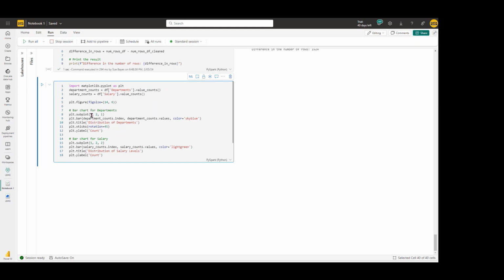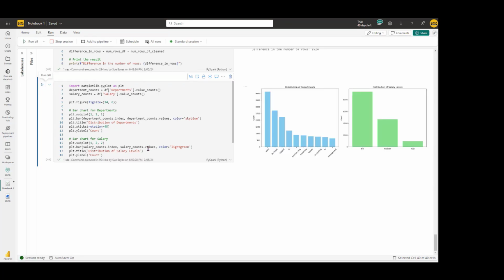So it's one row, two columns, first part of the first column. So it's creating a bar chart. It's telling me I'm putting the color in. I've got the title. Because the departments don't fit, I want a rotation. And here for the salary, one row, two columns, second place. You can see, so what it will do is it'll print off the two particular